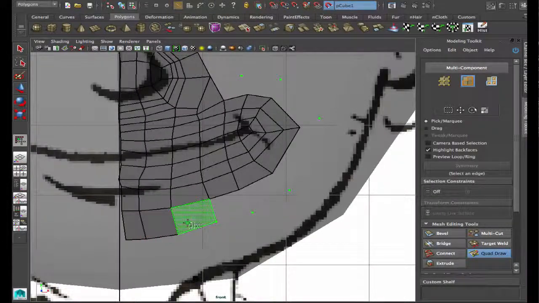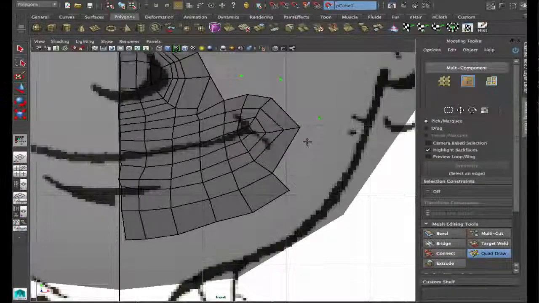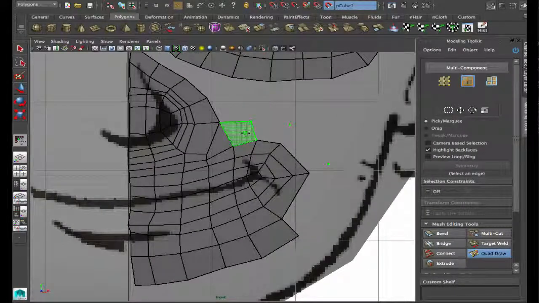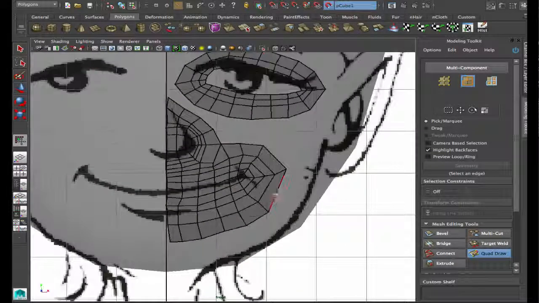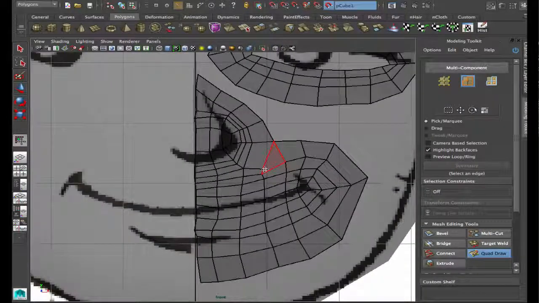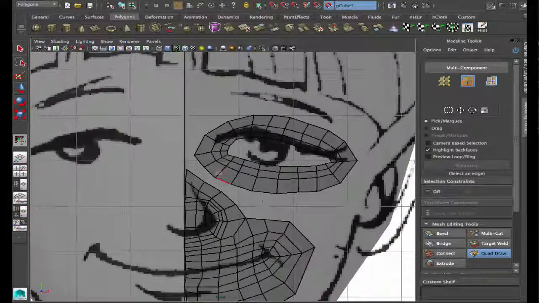Okay, right now what I have to be careful about is making sure that these points can actually correspond to the quads that I want. Okay, all right, that looks pretty good. And let's see what I need to do here. I feel like this has to go up and create